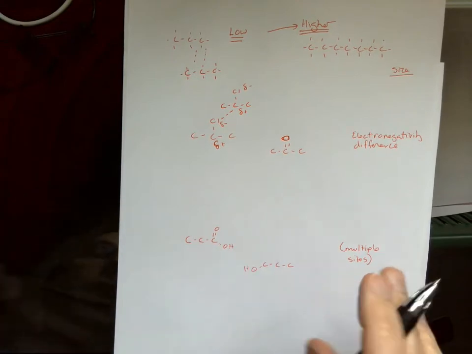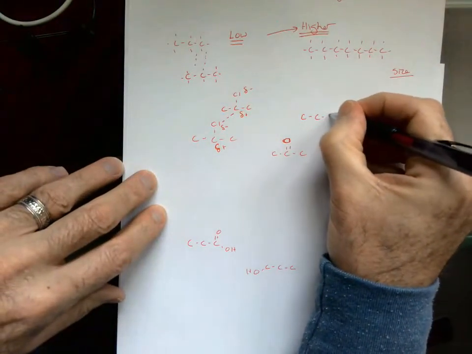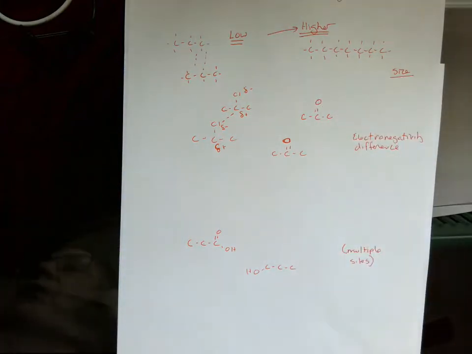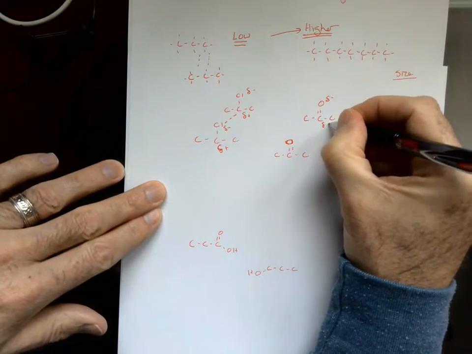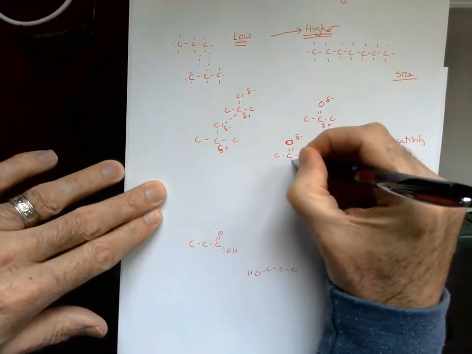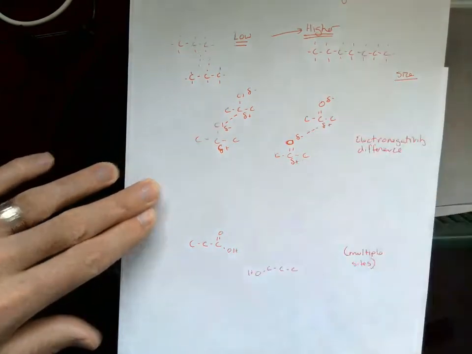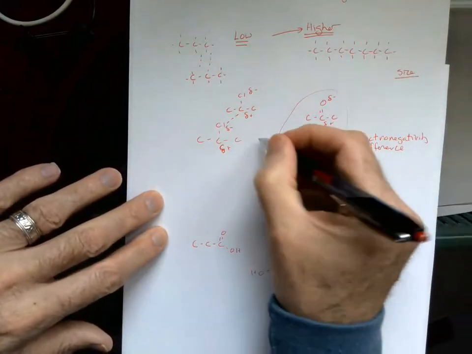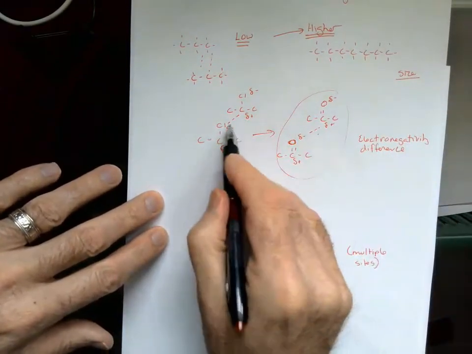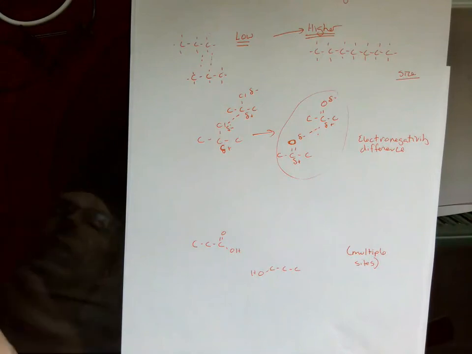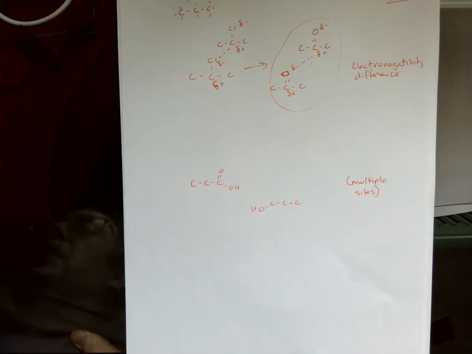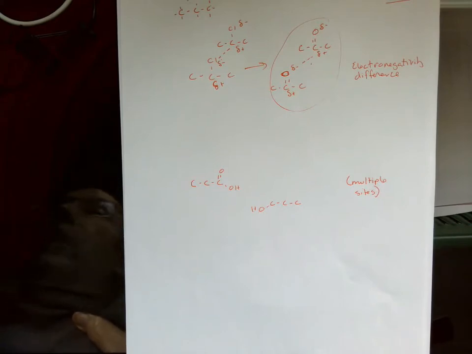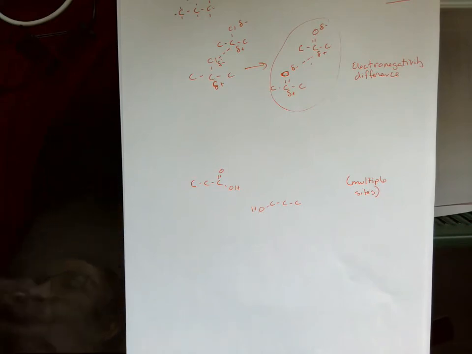Now, not all dipoles are created equally. From the last video, we said the electronegativity difference between oxygen and carbon was 1. Therefore, we have a stronger negative and a stronger positive. So therefore, a stronger dipole. So this molecule has a higher boiling point than this molecule does. Now, if molecules can hydrogen bond, they're going to have an even higher boiling point because this is an even stronger